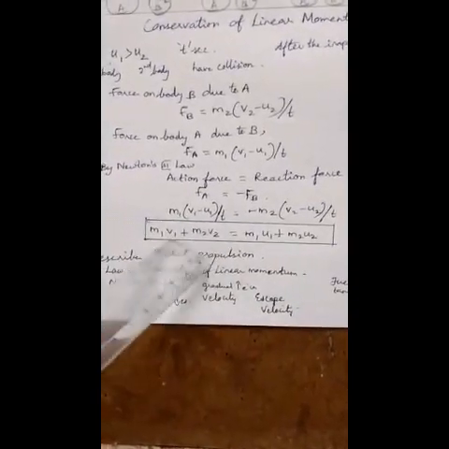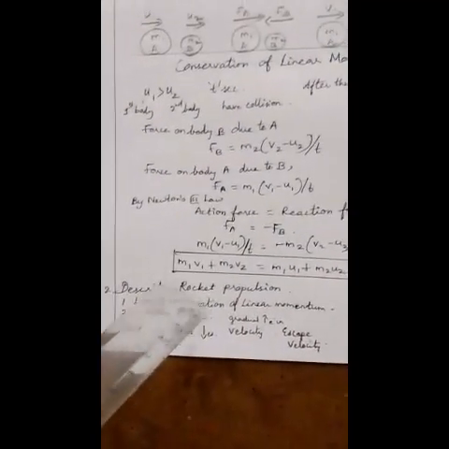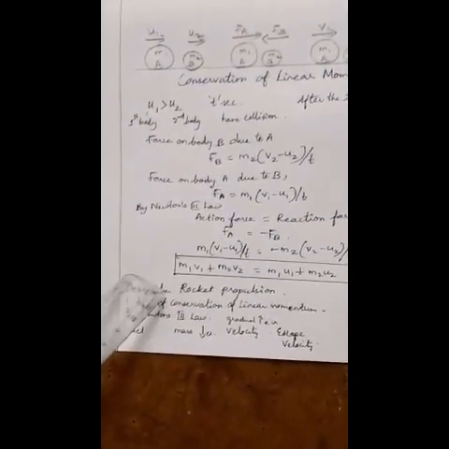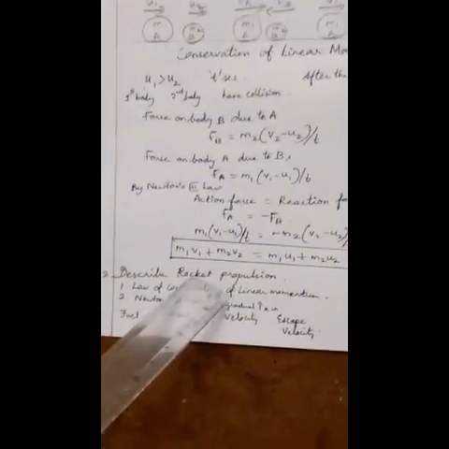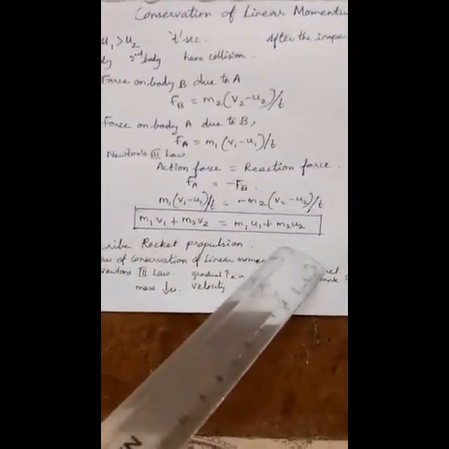Now you write the v terms on one side. For m1 v1, remove the bracket and write it: m1 v1 plus m2 v2 equals m1 u1 plus m2 u2. So this is the equation. The above equation confirms that in the absence of any external force, the algebraic sum of the momentum after collision is numerically equal to the algebraic sum of the momentum before collision. So this is an important question, learn well.